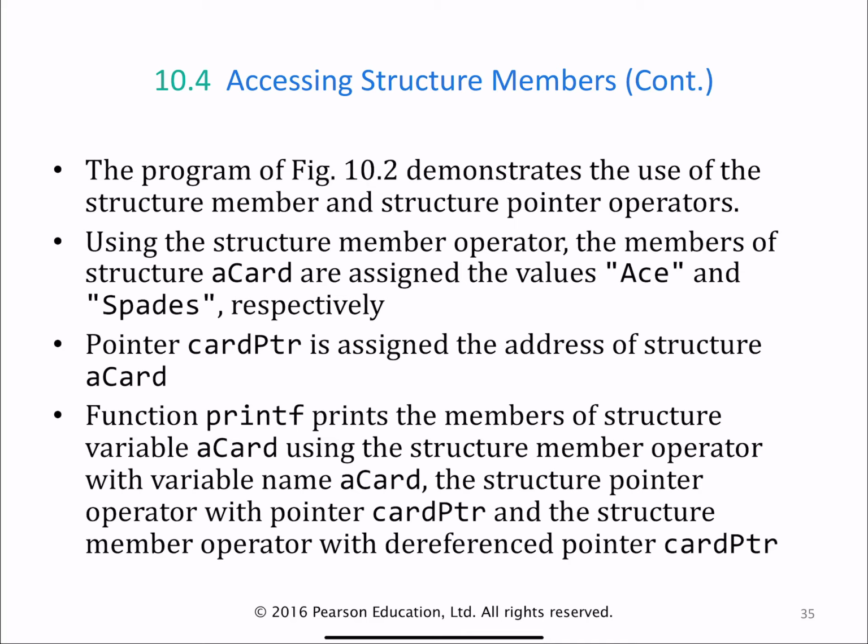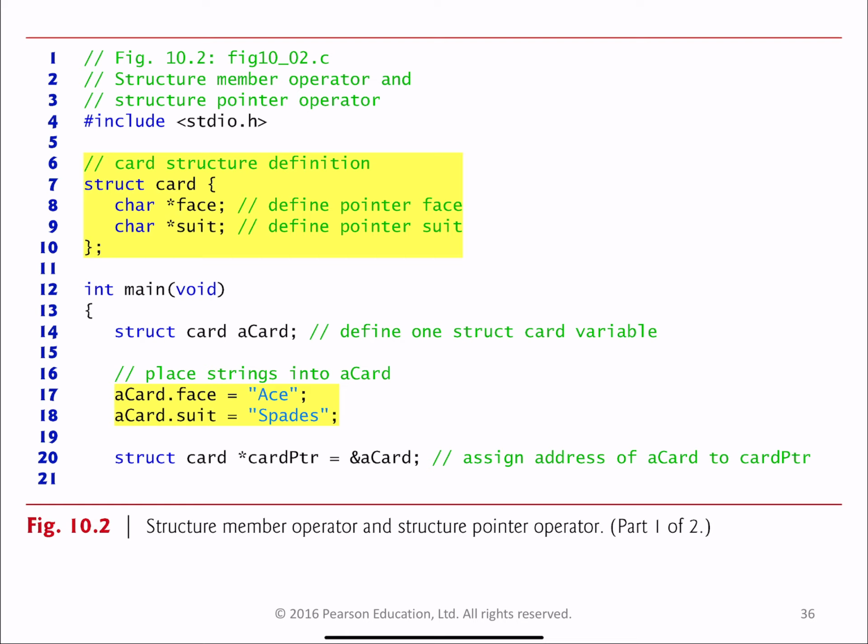Okay, so let me show you a simple example in which we use this card structure to create an instance of the card structure called a card, and we assign the face pointer. We point the face pointer to a constant string ace, and the suit pointer to a constant string spades. And then we not only assign these values, we also access them using both a pointer and the structure variable name acard. Let me jump to the code. So over here,